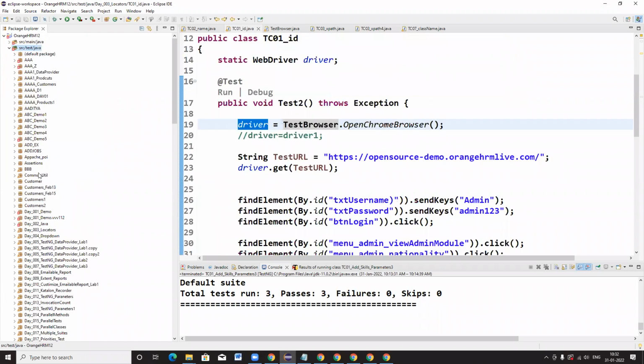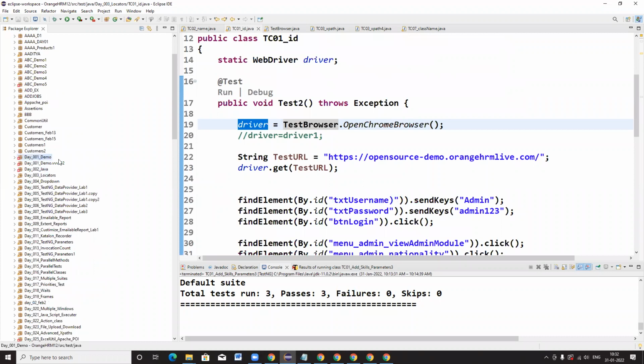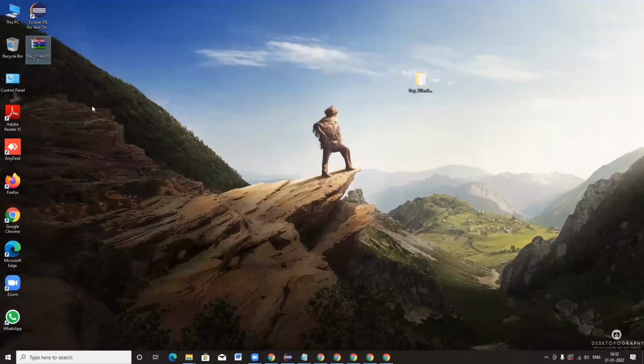So let's recap the session, a summarization of the questions, how you are preparing. In the first class we discussed, so can anybody answer? I don't want group answers. Just raise your hand and tell the answer. Let me minimize the screen. So how to launch the browser? Who can tell?